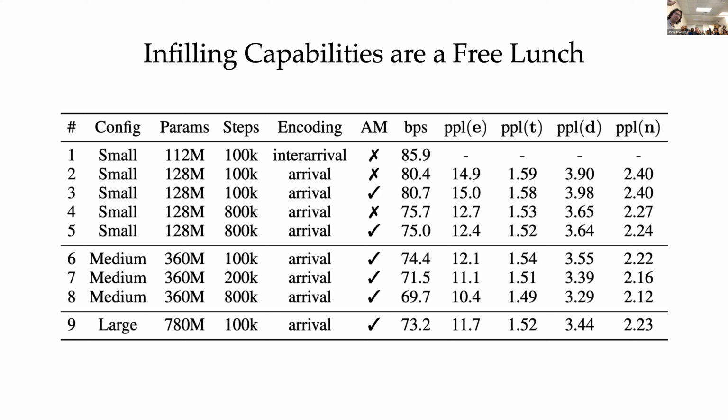And the numbers that I want to draw your attention to are first this small 128 million parameter model trained for 100,000 steps, and two versions of it. One of which is trained just on unconditional generative modeling tasks. So no controls, just the pure training sequences. And the second model is trained with this rich set of infilling objectives. And if you look at the log loss of these models, they're basically sitting right on top of each other.